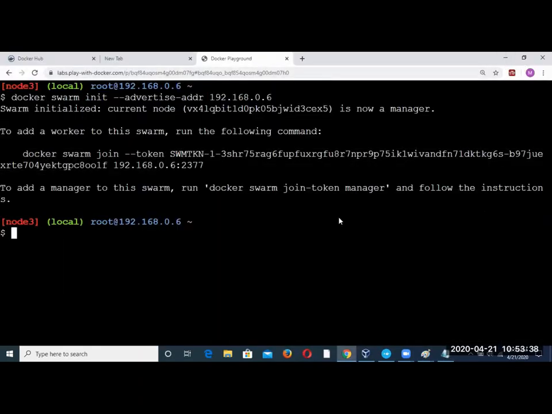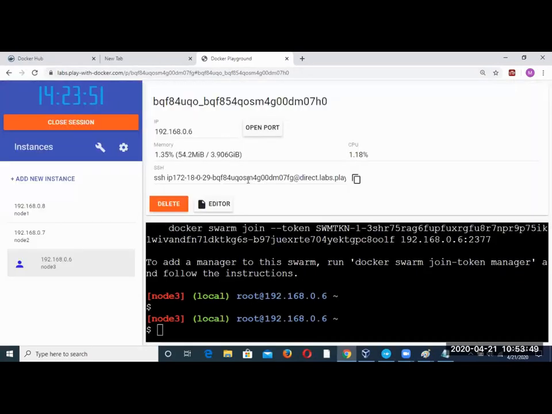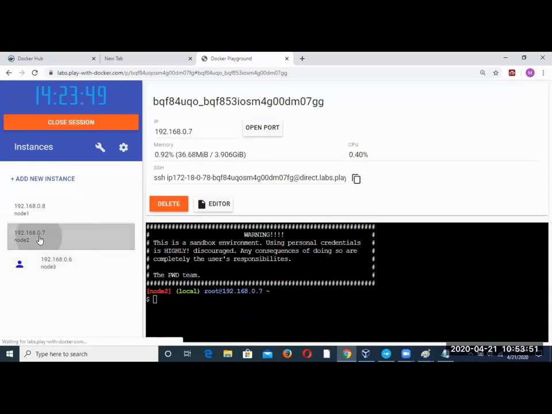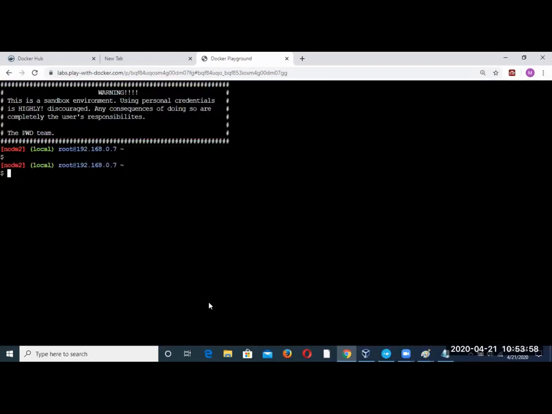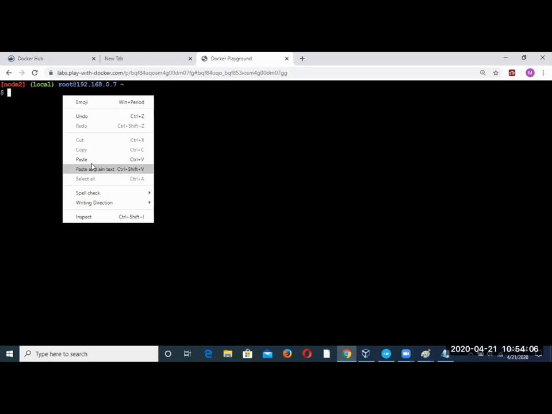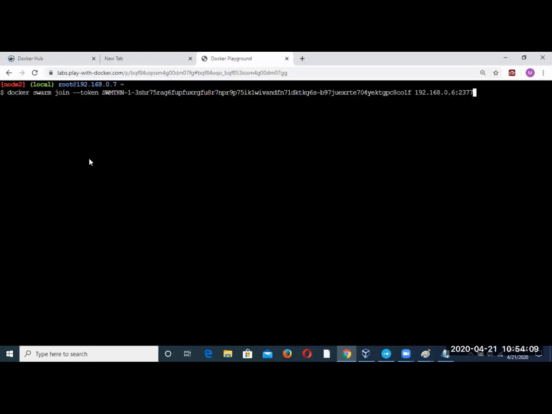Now we'll go to the other machines. In this machine, it would join my swarm.